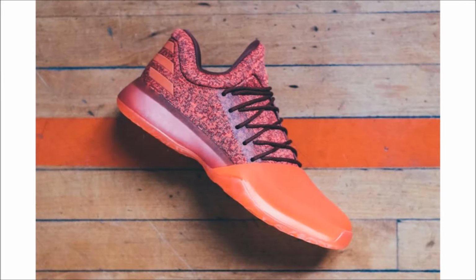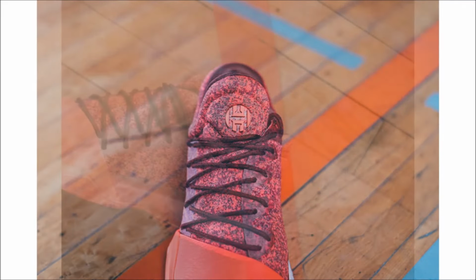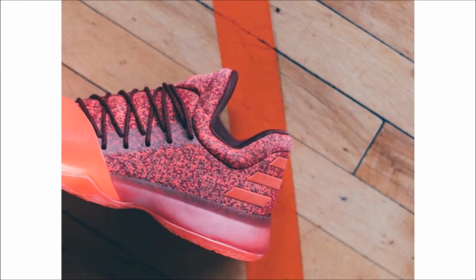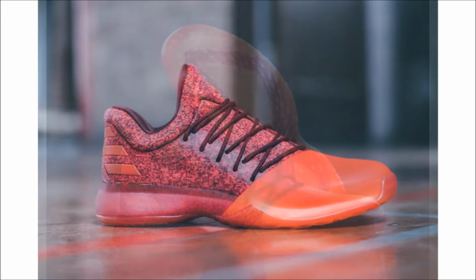Next from the 3 stripes, we have the Adidas Harden Volume 1 Red Glare, and it's dropping this Friday, April 7th for $140. This pair comes dressed in varying shades of red with a knit upper and a red leather overlay on the toe and midfoot area. I'm not really a fan of these, but you can find them on Adidas.com, the foot sites, and at select